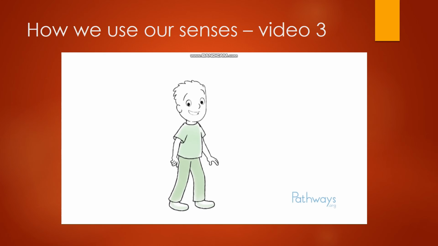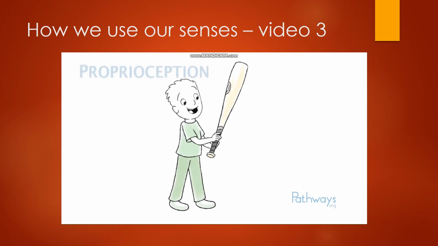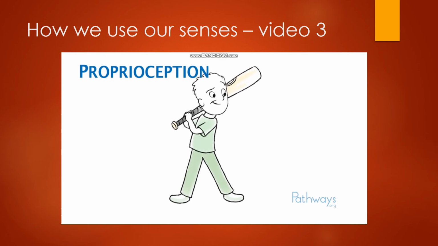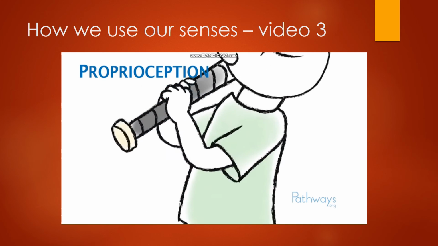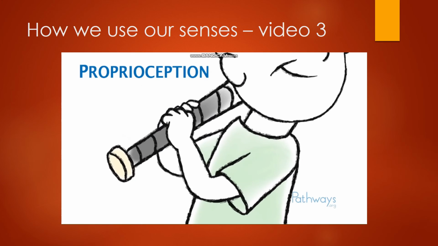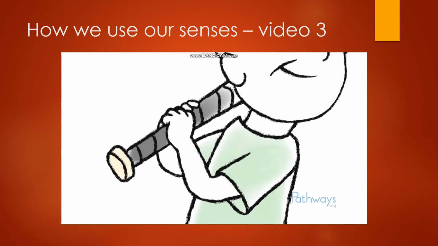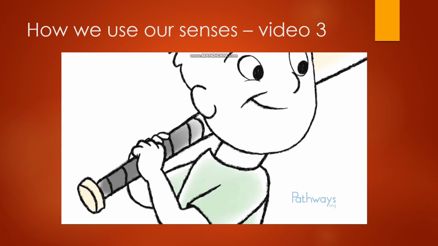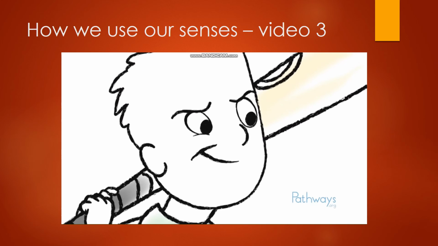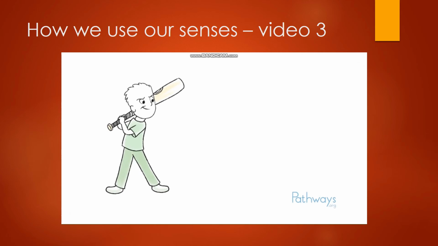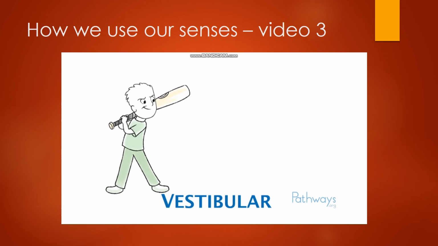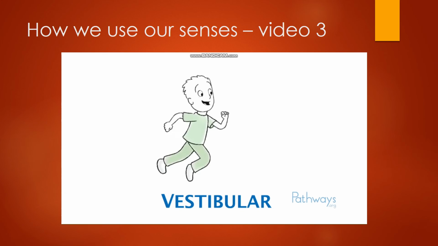For example, when playing baseball, you need your sense of body position to know how you are standing and the position of your arms holding the bat. You need your sense of touch to grip and move the bat correctly in your hands. Your sense of vision lets you follow the ball with your eyes and helps your body know when to get ready to swing the bat. And your balance and movement sense helps you to stay upright, hit the ball, and run the bases.